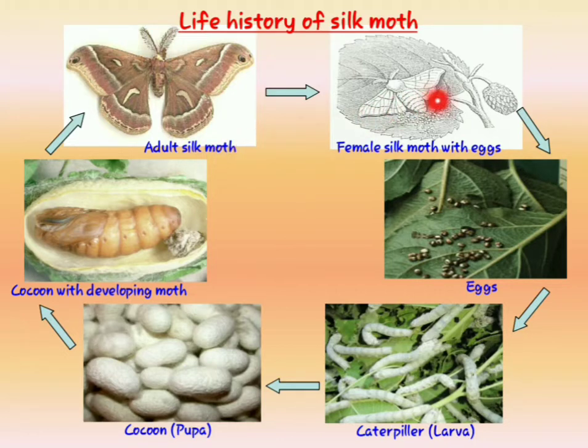And you know that a butterfly lays eggs. Of course, this moth also lays eggs, and this is nothing but the egg, and this egg hatches into a larva or caterpillar. Okay, and this caterpillar will weave silk around itself, forming a protective coat around its body called a cocoon. So this larva will completely metamorphose, that means change its body, completely change its body to a pupa.